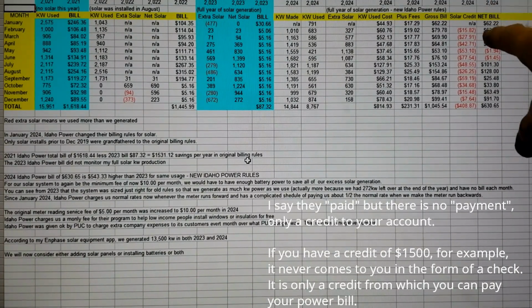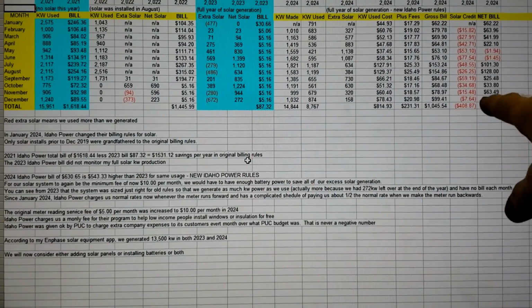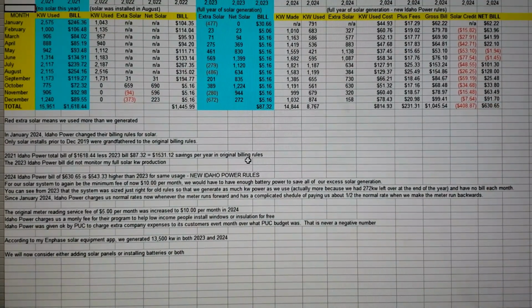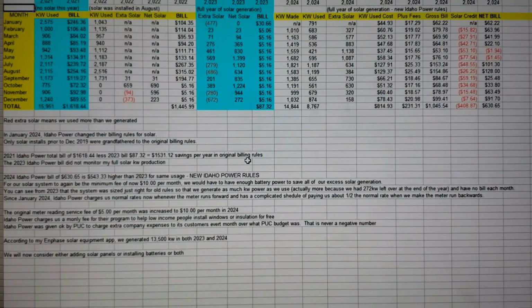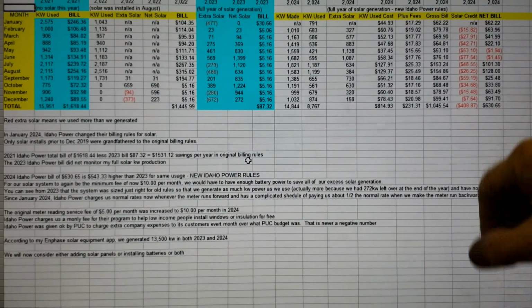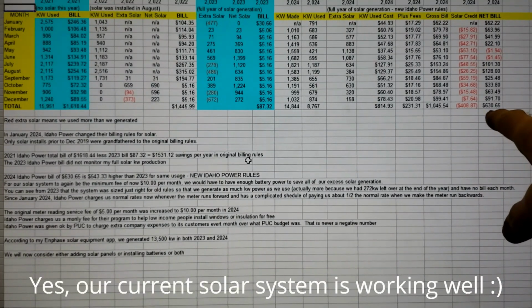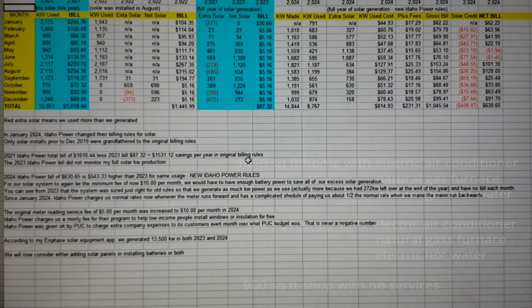So in 2024, our total bill was $630. Now we have to overcome that because our system was designed for the old method of net metering. So we need to add some storage, some batteries, or we need to add some solar panels, which I plan to do. But it's still, this is $630, and in 2021, our bill was $1,600 for a 50-foot by 30-foot